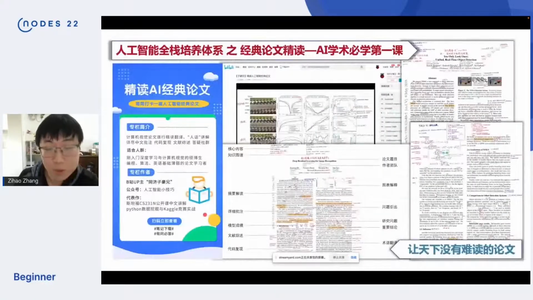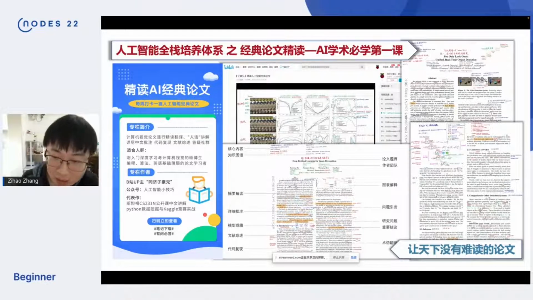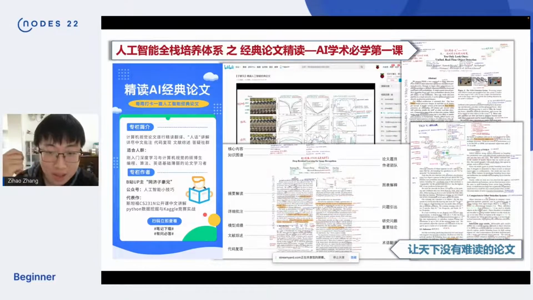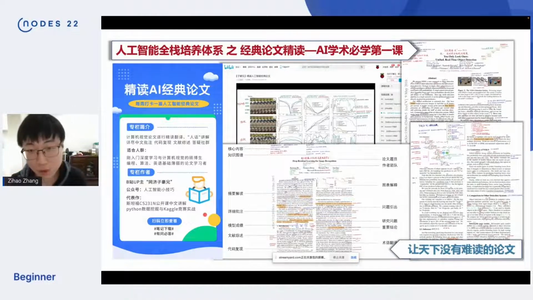Yeah, and then I would like to show my AI paper reading, and this is my best work, I think. I make tons of notes about many famous papers about artificial intelligence. These papers are very famous and have very influential power.